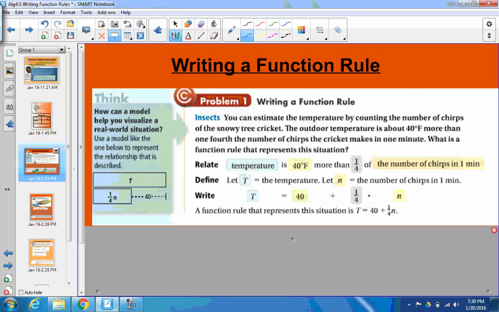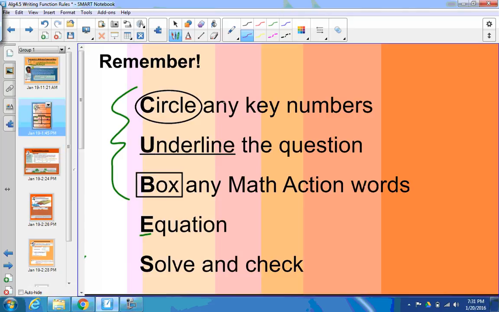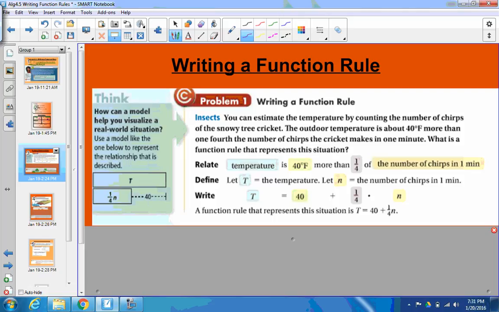So we're going to start off by talking about writing a function rule. There's not necessarily a strict set of guidelines other than CUBES. This is how we do it. Right here, CUBES. So some of them are easier than others, but this one says you can estimate the temperature by counting the number of chirps of the snowy tree cricket. Interesting. So if you have a snowy tree cricket, you can estimate the temperature outside by how many chirps they do. So the outdoor temperature is about 40 degrees Fahrenheit more than 1/4